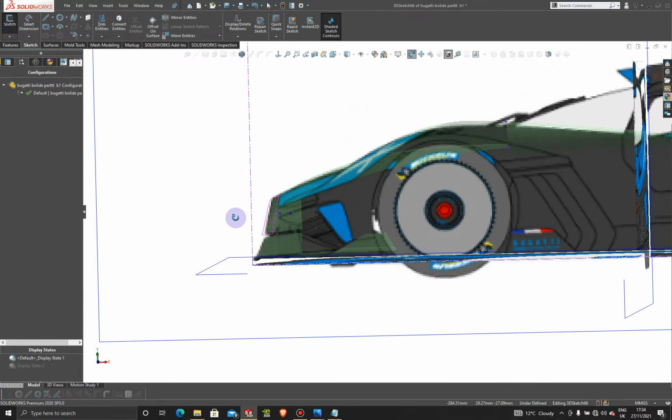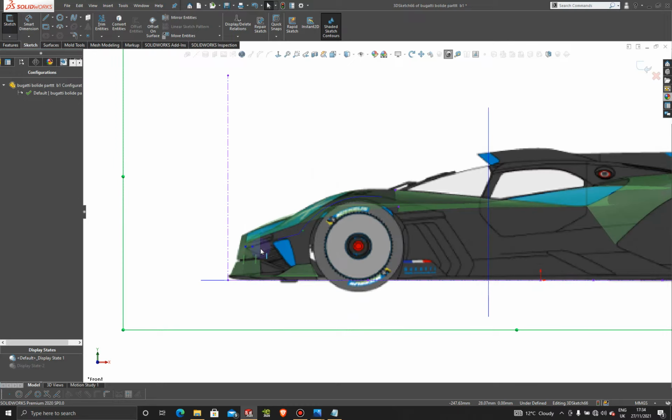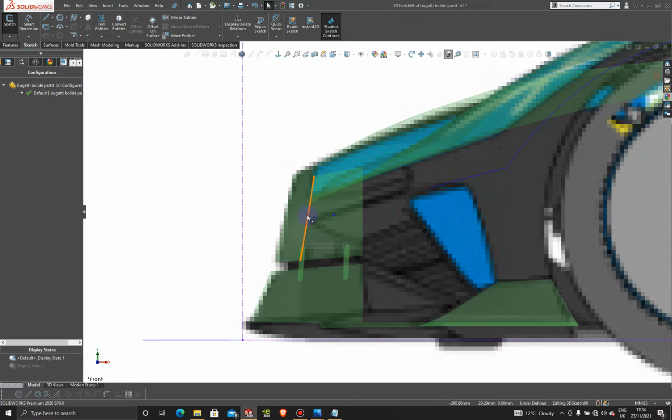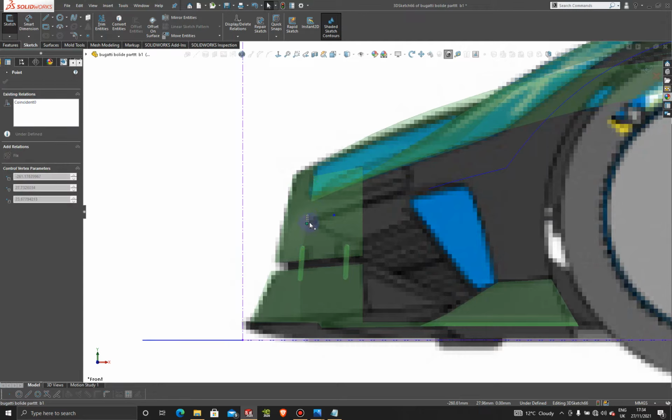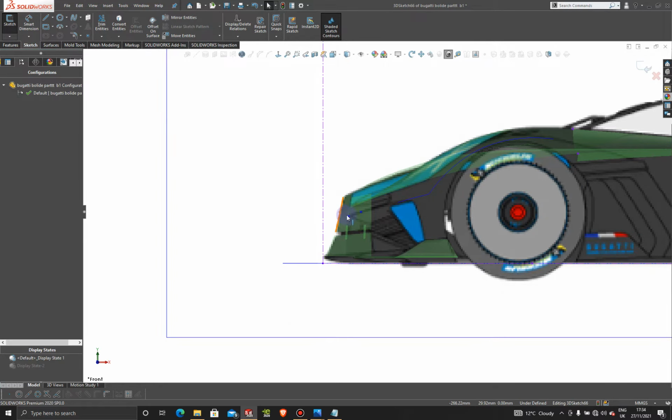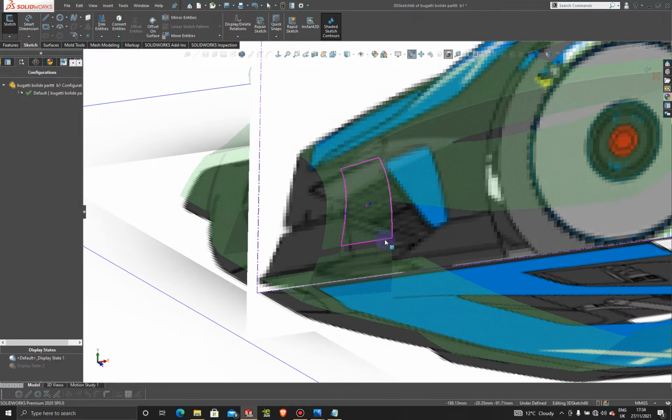Exit the sketch and then jump into this view here so we can add these points where they need to be. So this one's going to be here and then one going to be right here. So we're following this line in that direction, so it will have some downforce as well. All right. Okay, so once we have that,